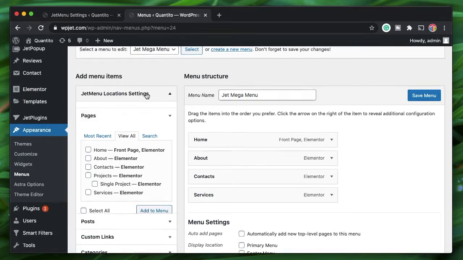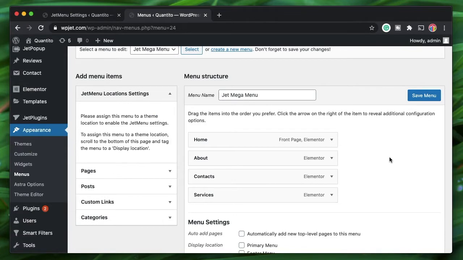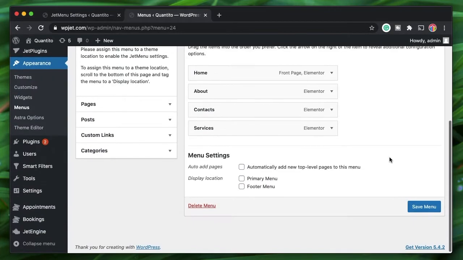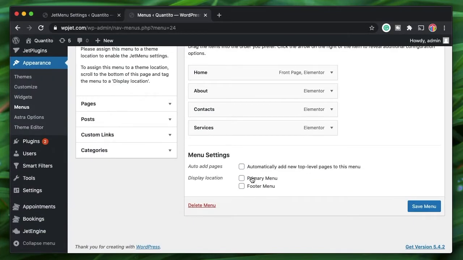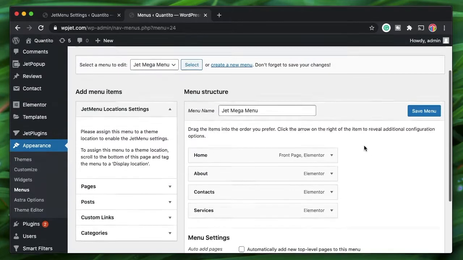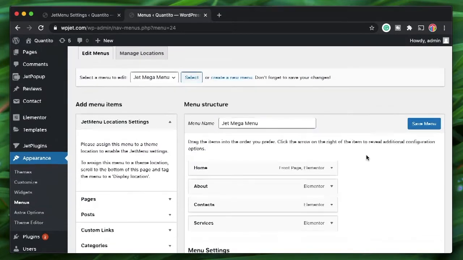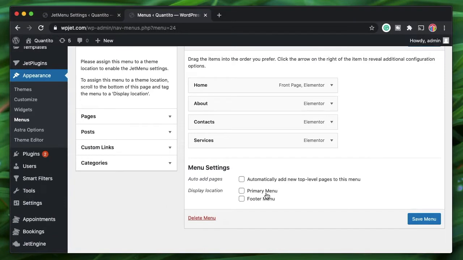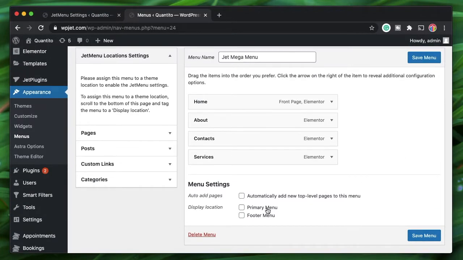Now, how do you activate the Jet menu? Before activating the Jet Mega menu, you need to pick a display location for this menu. This is a WordPress menu. You have to make sure that this menu is active. This is actually provided by your theme. So depending on the theme that you have, you can pick any location for the menu.